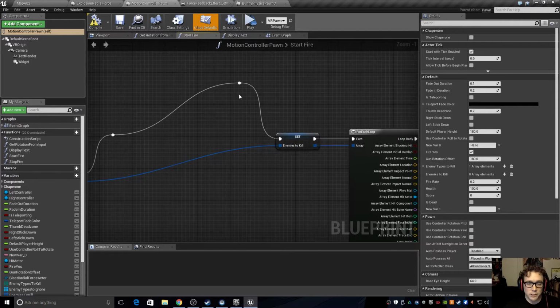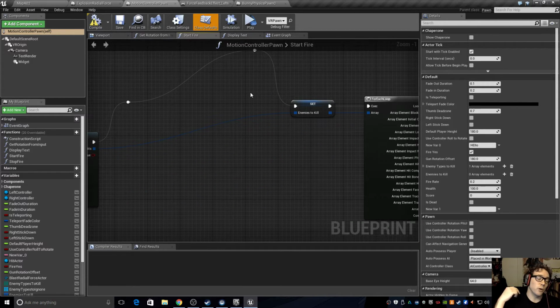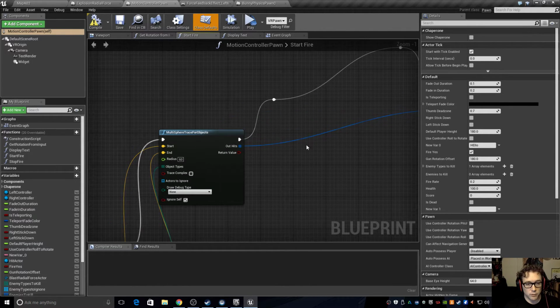And then you have your list of things to either kill them or make them get angry also, or do whatever you want. Doing this multisphere trace for objects will do a radial trace around whatever your position is, or what position you define, and it'll return a list of all the things of those certain object types you declared, so that you can do as you wish with them. That was super useful for an explosion and anything nearby it also getting killed, or also when one of the enemies gets angry, then he can slowly turn his neighbors angry, and I have it on a time delay, which I think